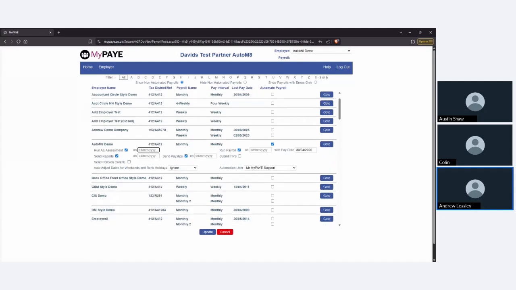So you tick what things are automatic. If you want it to automatically email you any reports, if you want to send the payslips or submit the FPS for you, whatever you tick and whatever date you specify, it will just automatically go and do that for you. At any time, though, you can go into that company and make any changes if you need to,